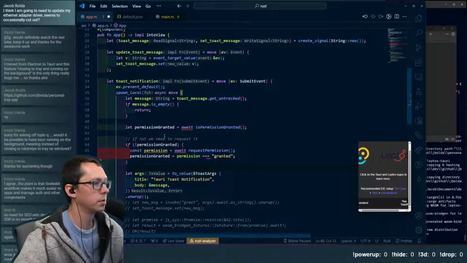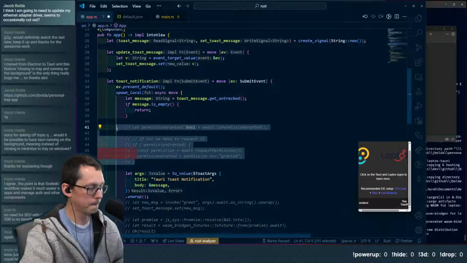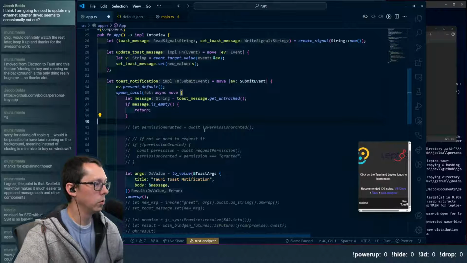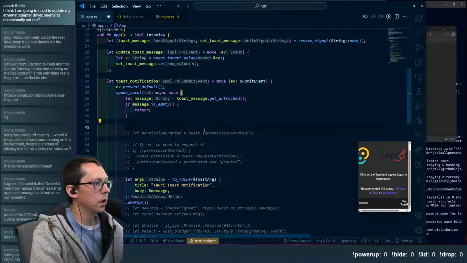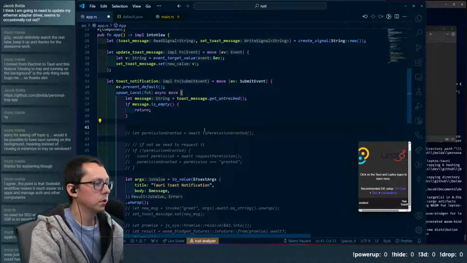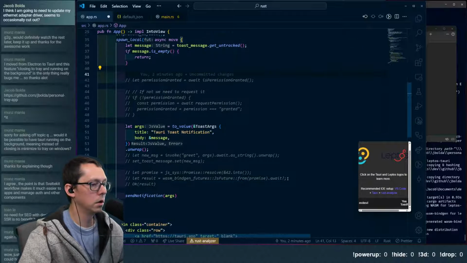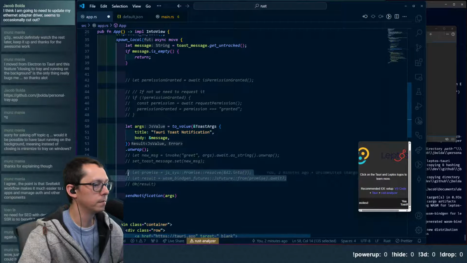This is the JavaScript. So if there's no message, just return. That's fine. Then we're going to do, and this is why I copied this bit right here,